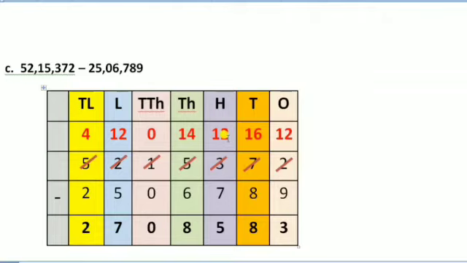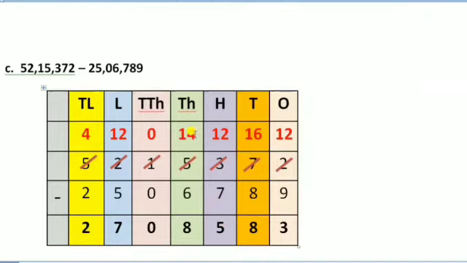Next we go to the 100 column. 2 minus 7 is not possible. So again this 2 goes to the 1000 column and asks 5 to lend 1. After lending, 5 becomes 4 and this 2 becomes 12. From 12, subtraction of 7 is possible, and this way the answer becomes 5.